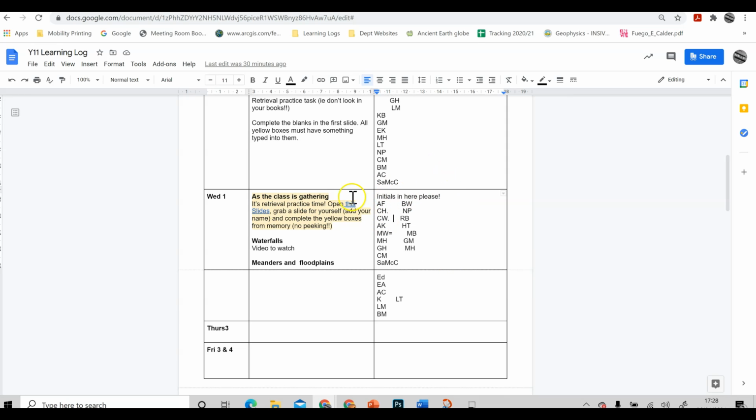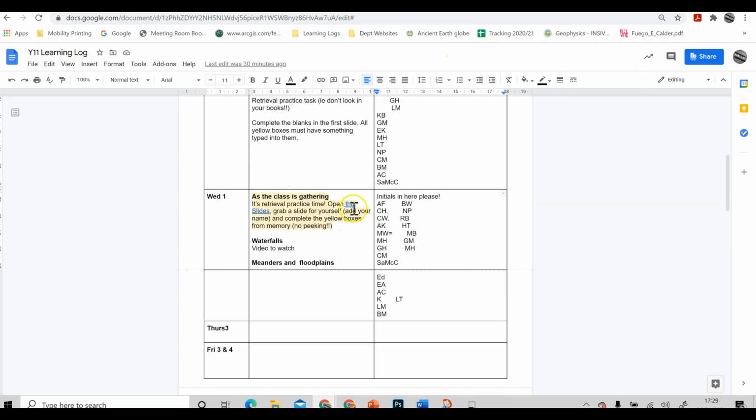What I do is get them to come in here, and in the first instance, I'm asking them to put their initials in. It's a good way of getting them to do the register, so I know who's arrived and who's in class. Whenever they come in here, their little icons will appear at the top, and I can see who's typing what. Now, I had this set up in